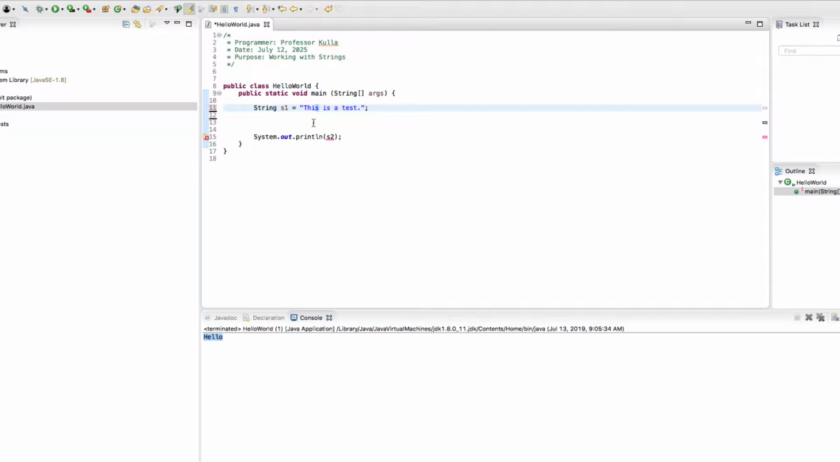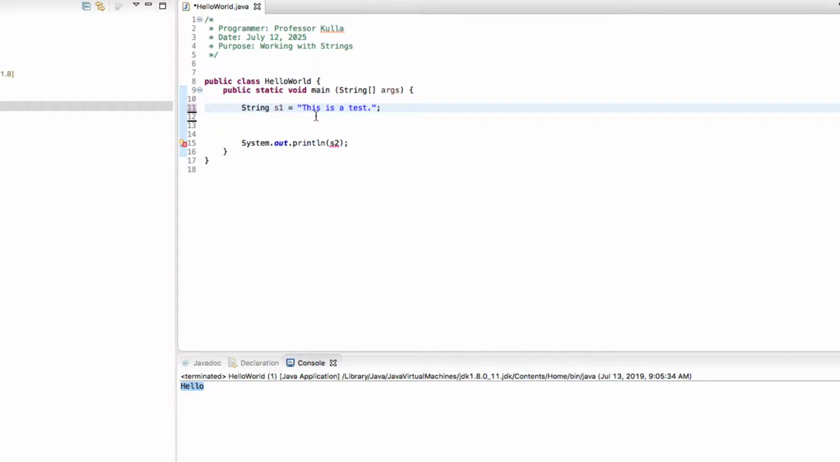The first thing I need to remember with strings is each character in the string is numbered. So the T, the H, the I, the S, they're all numbered. The tricky part is the numbering starts with 0. So the 0th character in S1 is this T. The first character in the string is the H. The second character is the I, because it starts with 0. So the 0th is the T. So if I declare a character, c,